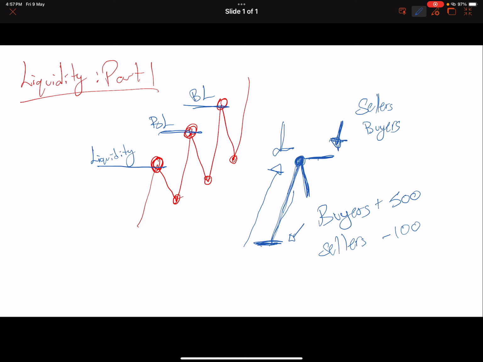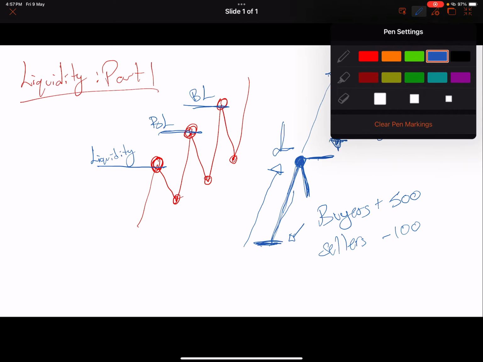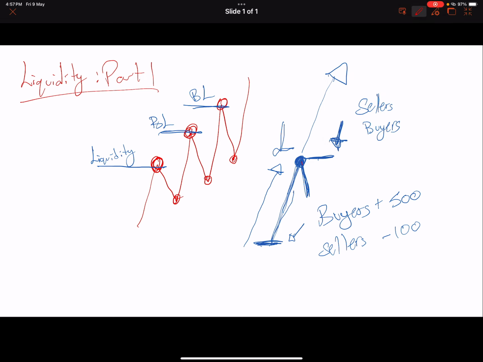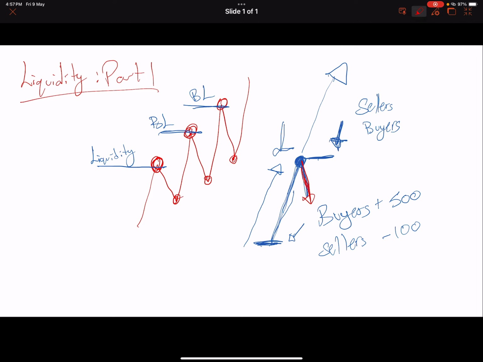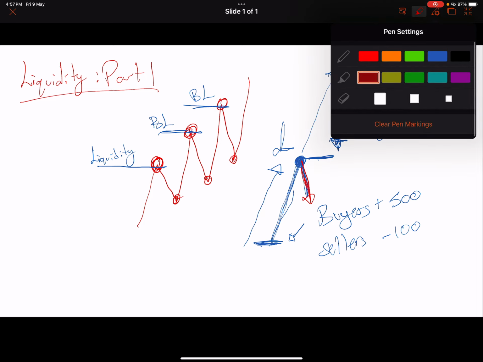Why do they become buyers at this location? Because they think that there is a breakout and the price will continue to move higher. However, there's also a condition where the price could actually go down. So that's how the market is trading. That's how liquidity is formed. The liquidity is formed when the price is traded at a certain location